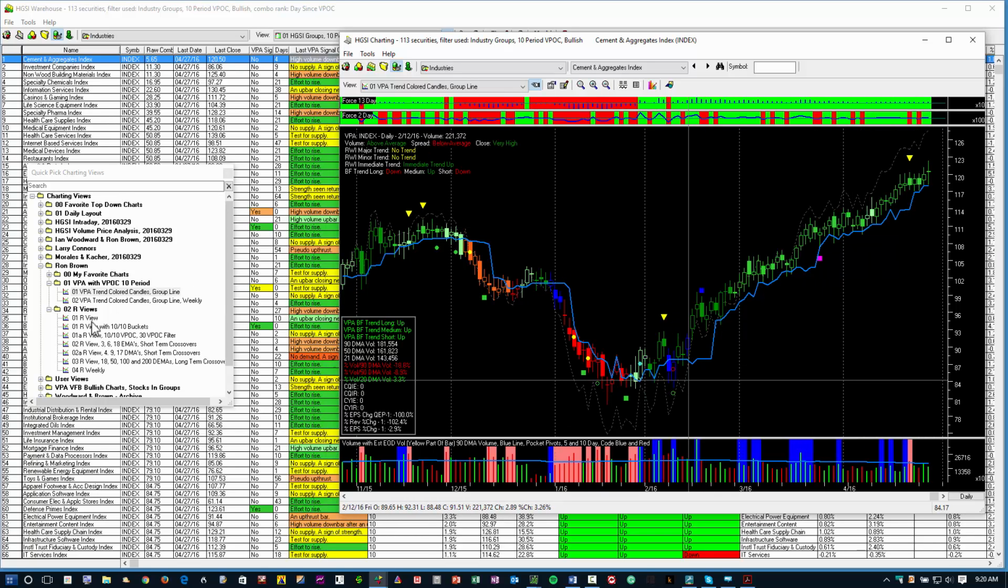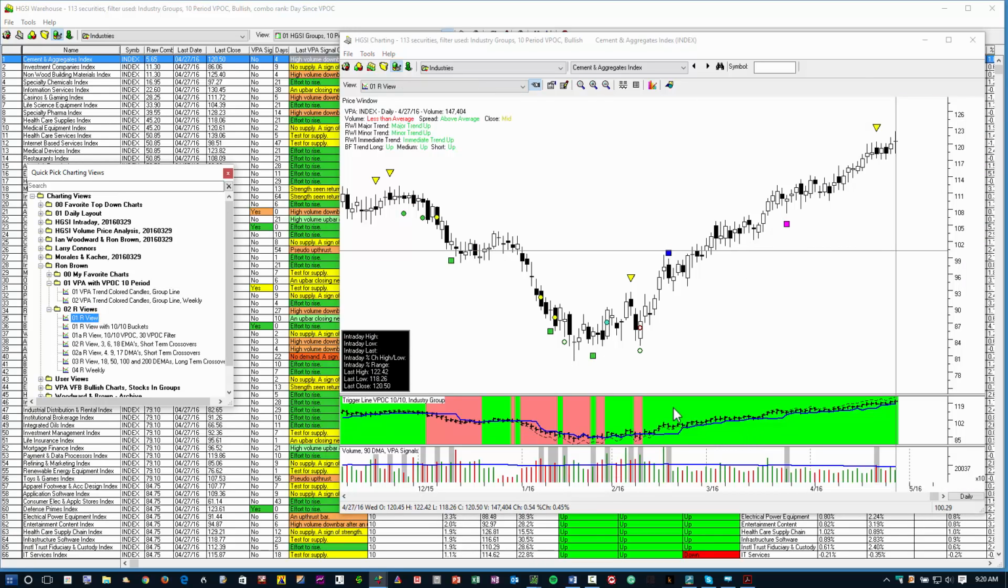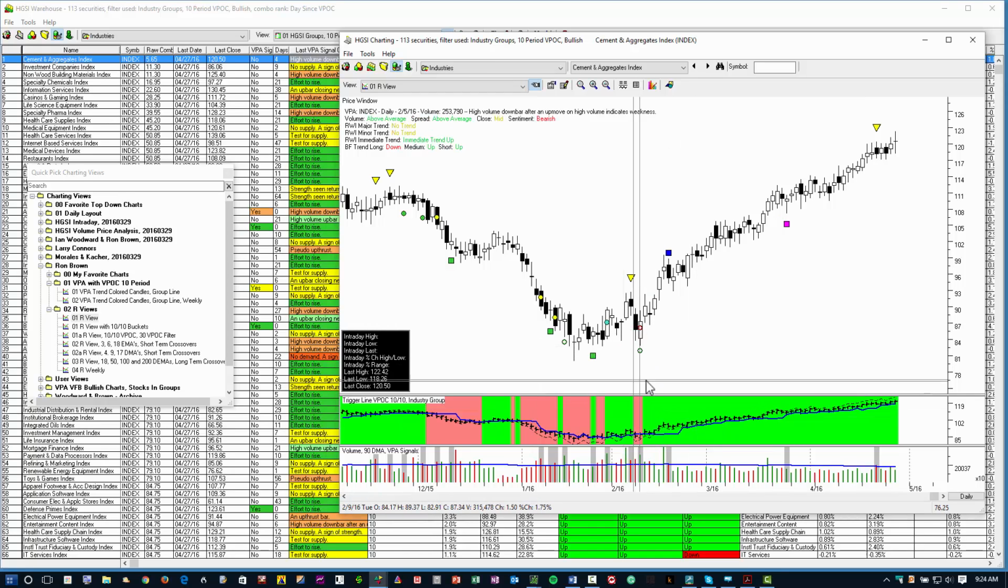Now let me show you another chart. This is a chart with a VFB. And for those of you who don't know what a VFB is, it's a visual filter backtest. You can apply a filter to show when an event happens, and then color code that. So looking at the cement and aggregate index, with the crosshair here, these are periods when the VPOC was below,